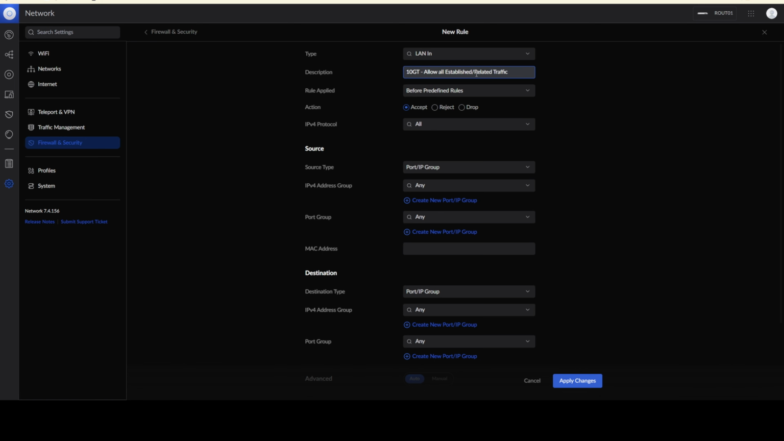So that should be in the description, your reference or initials, hyphen, allow all established and related traffic. Then under the rule applied section we need to select that as before, predefined rules, which you should see is already in there by default. Then under the action